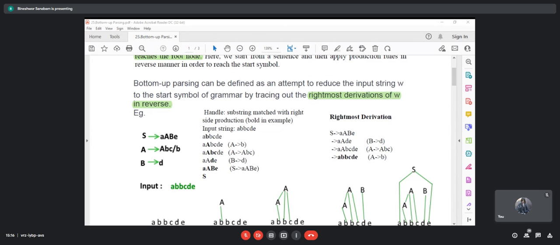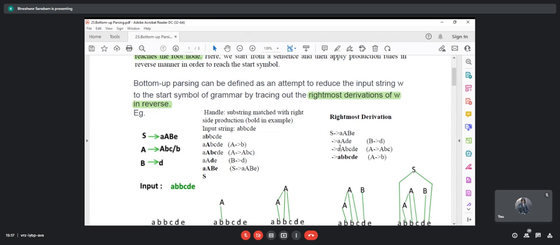I assume everyone is okay with it. We have mentioned that it is the rightmost derivation in reverse. Let's try to find out with the rightmost derivation. When we're talking about rightmost derivation, we have to start with the given start symbol production. If you consider this first line of production, and you want to derive this input string,